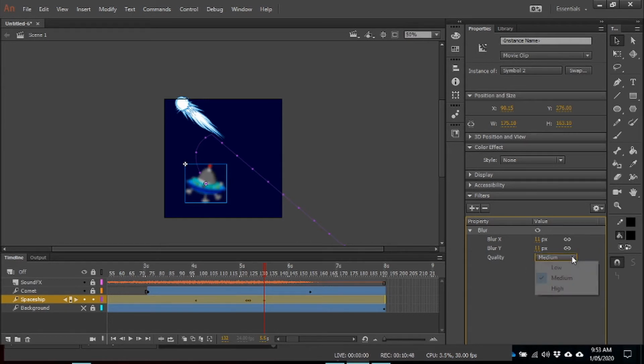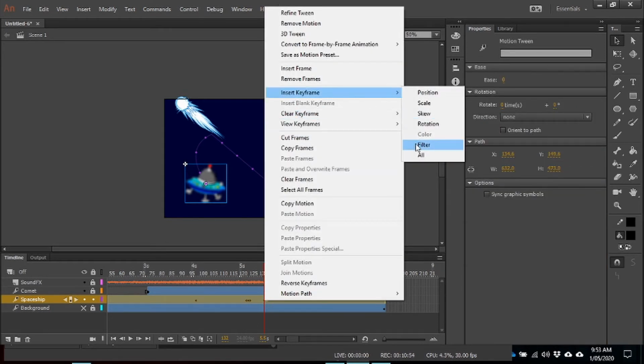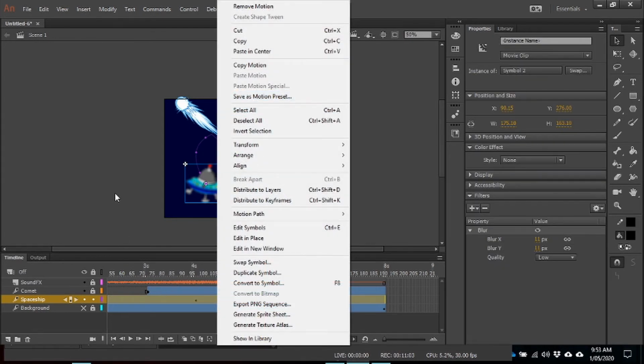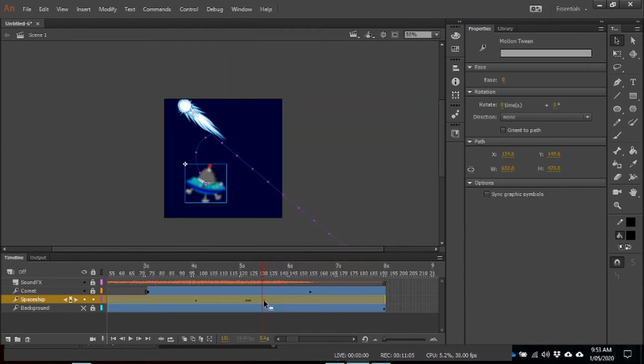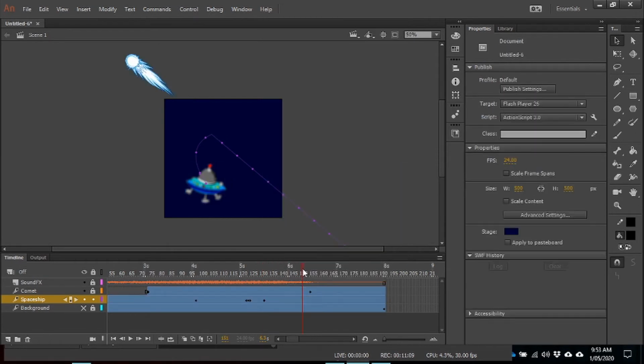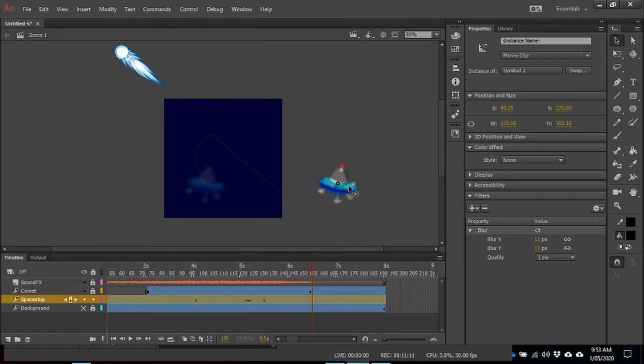I don't even know what the quality will do. Oh, there's a little bit of an effect there. And then keyframe in the filter again, and then finally have it shoot off. Actually, I'll need to keyframe in everything. Wrong place to click on that frame, all because at this point I'm going to have it zoom off,